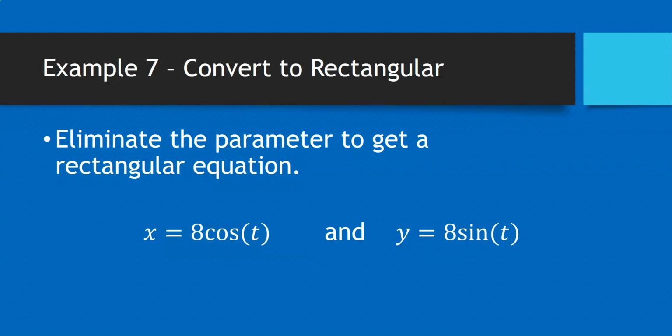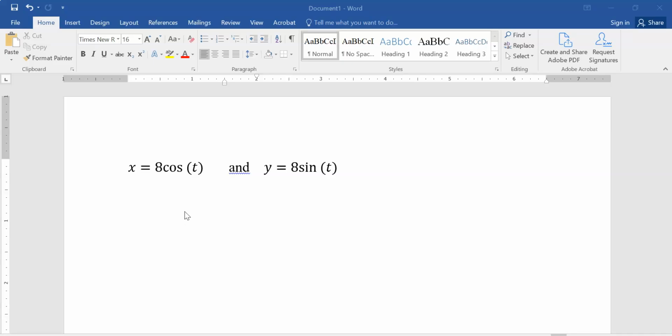And so what equations do we know that involve cosine and sine of the same angle? If you think back, there's an obvious choice. It's our trig identity that we've seen a lot in this class, which is cosine squared plus sine